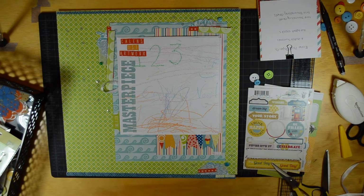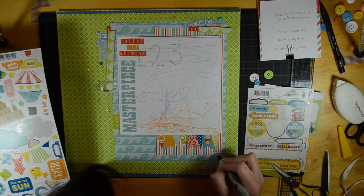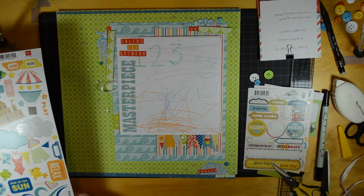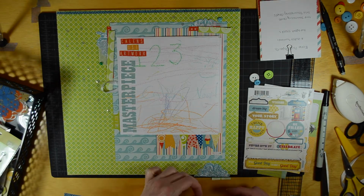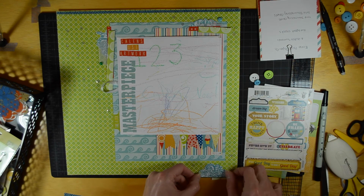And this little sticker is actually a date. And I just put January 2013. I didn't know what date. It was probably even done over a period of time. I like to keep,